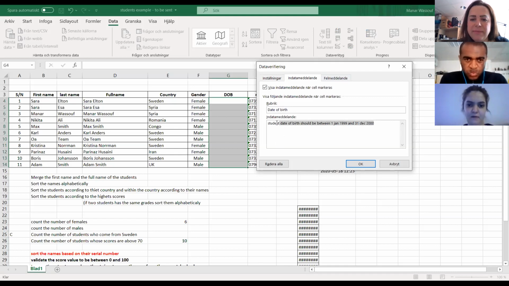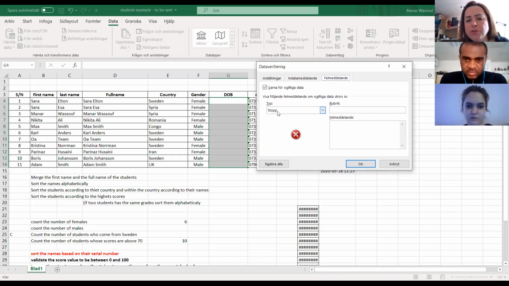And we can use the same message. This message, you can see it. You can use it here, the same message in the field. So we want to stop the person, and we call it date mistake, date of birth mistake.